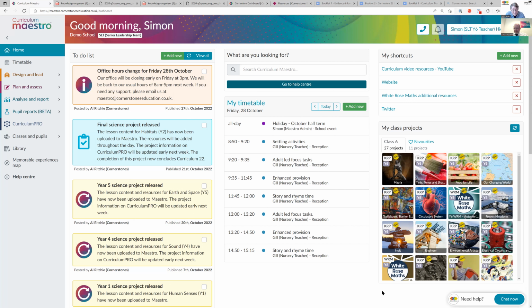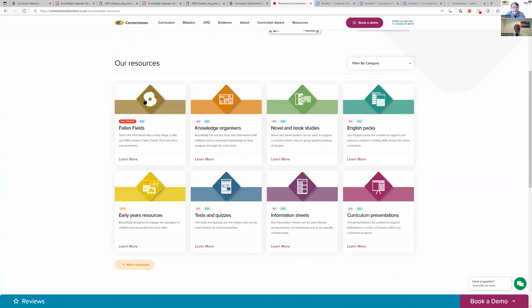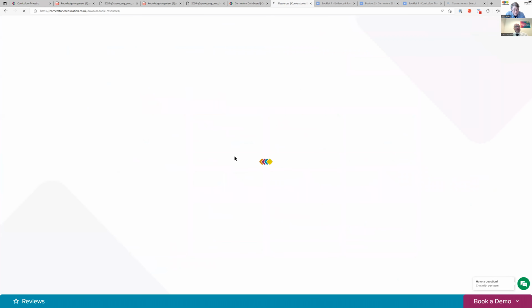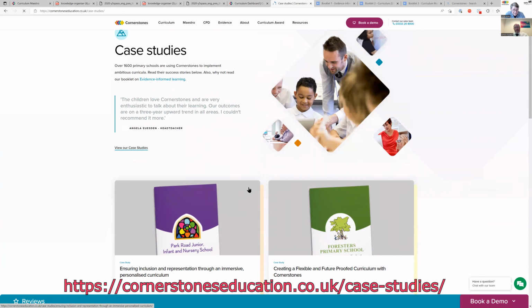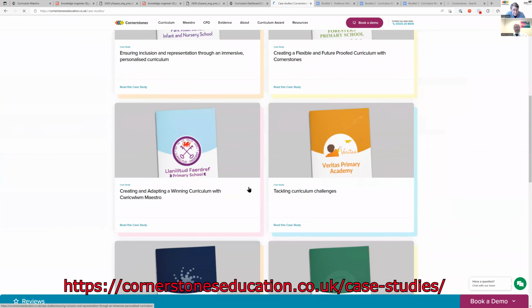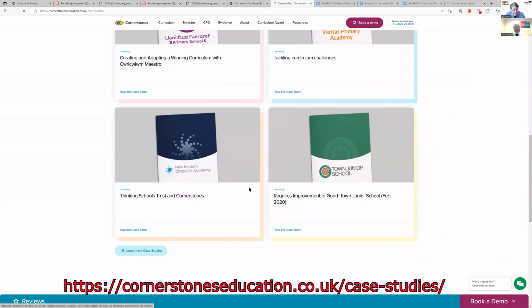So it says on the evidence tab. So if we go to the evidence tab of the website, that's it. There we go, evidence tab. It states that 1,600 primary schools have been helped, which is fantastic. This particular web page also displays schools' case studies in terms of how they used Cornerstones and how effective it was for them. Could you perhaps cite a particular school which found it very, very useful indeed?